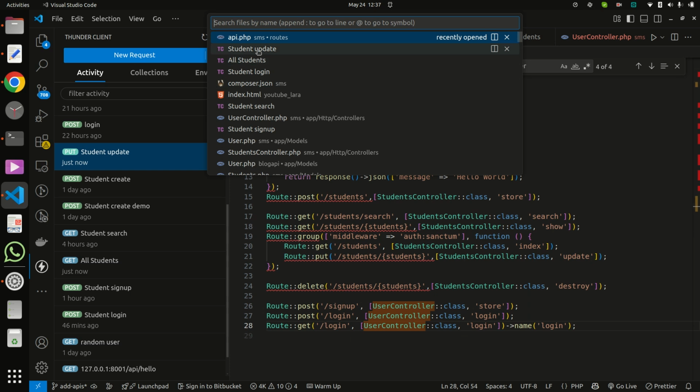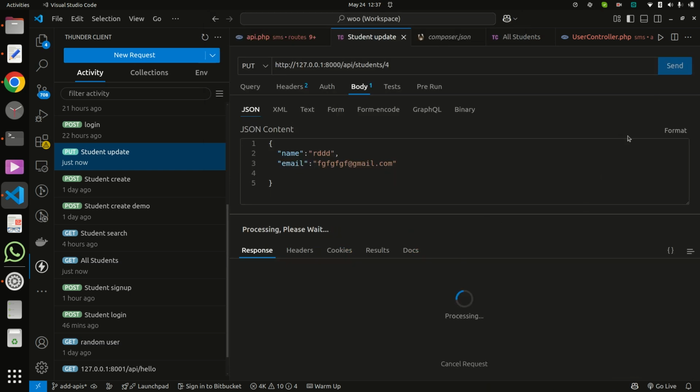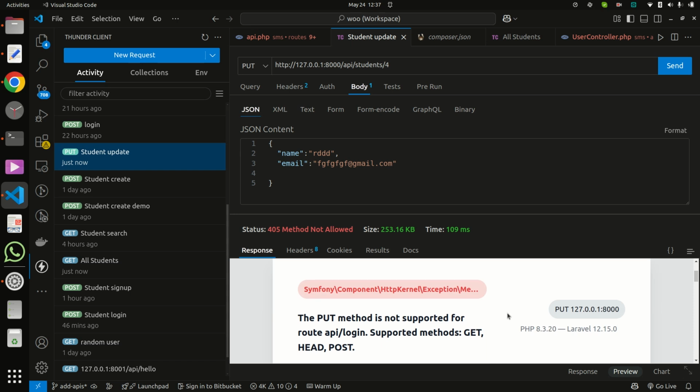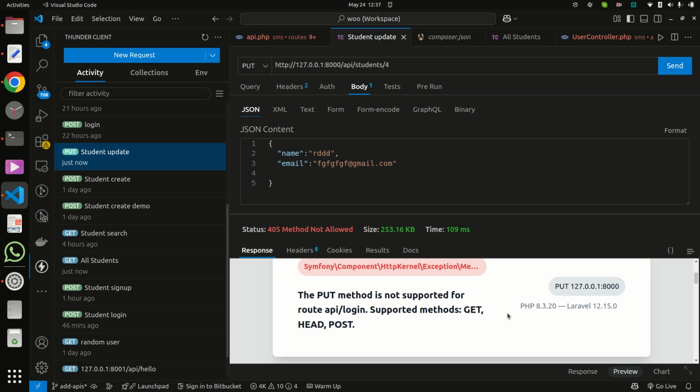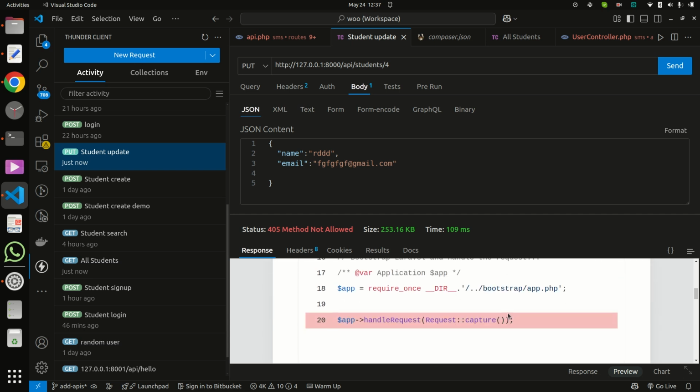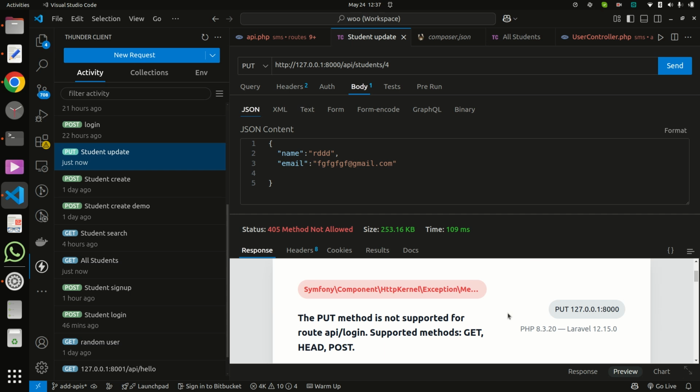Now go again. The PUT method is not supported. Route API login supported methods are GET, HEAD, POST.